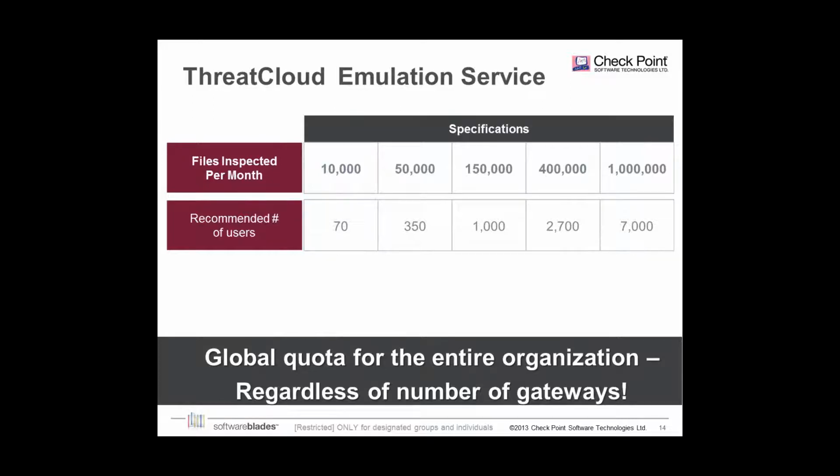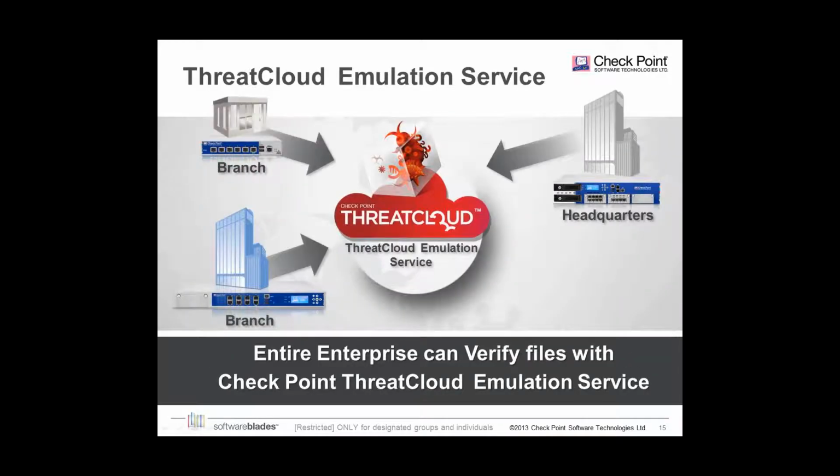So again, anywhere from 10,000 to 1 million files per month, and we give you some ideas of recommended users. This is a quota for you as an organization, regardless of the number of gateways that you have. The alternative may be that you want a dedicated solution,